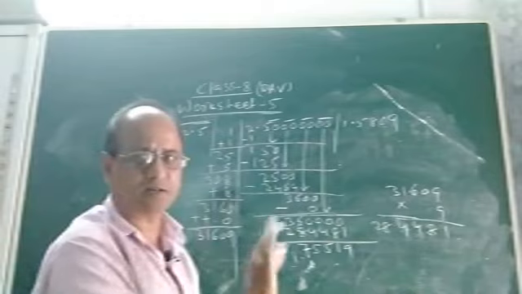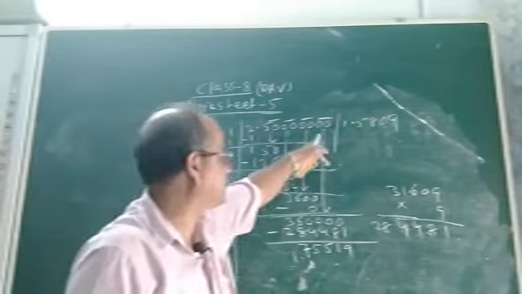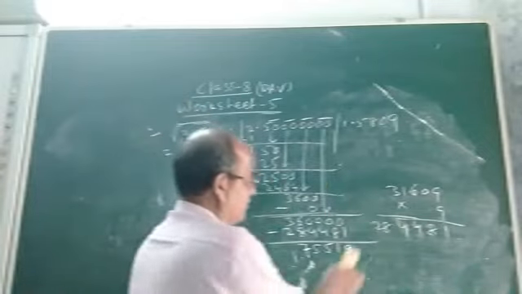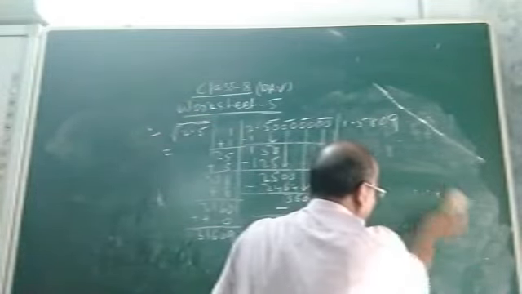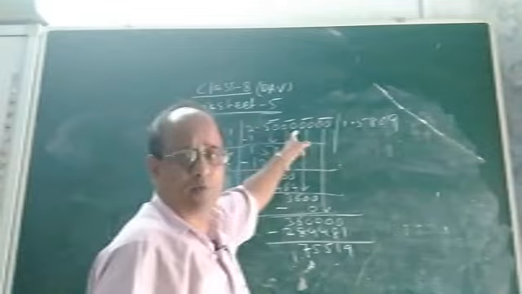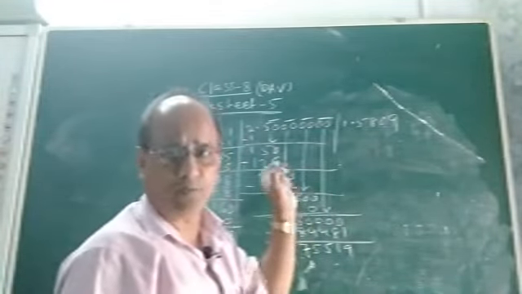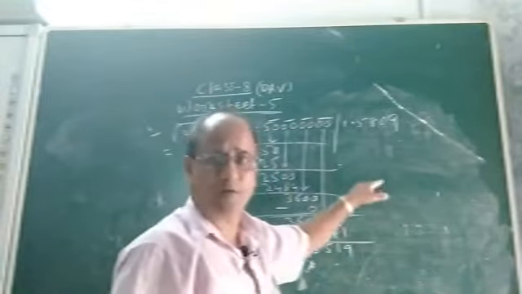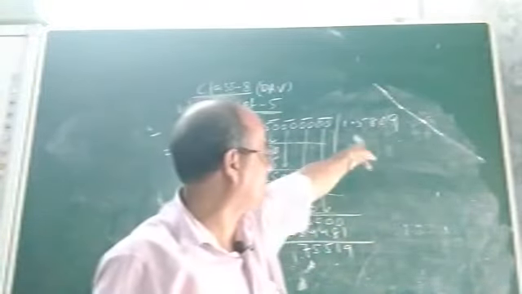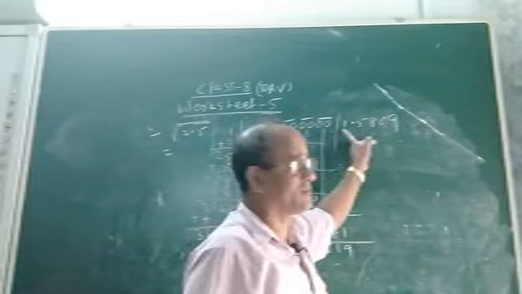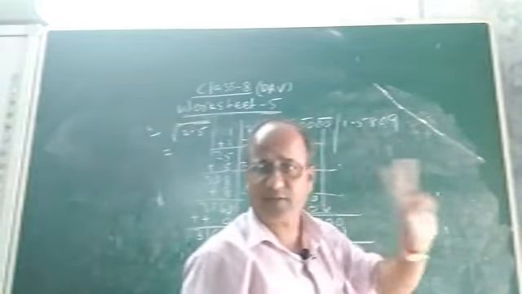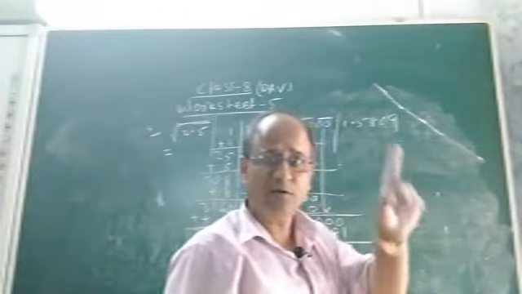That means the division is complete. We cannot go ahead because there is no other period in the dividend. So look, by taking 8 places after the decimal point to find the square root of 2.5 correct to 3 places of decimal, we took 8 places and found the square root by long division. We got this much. But this square root is up to how many places? It is correct up to 4 places, not 3. We have to correct up to 3 places only.